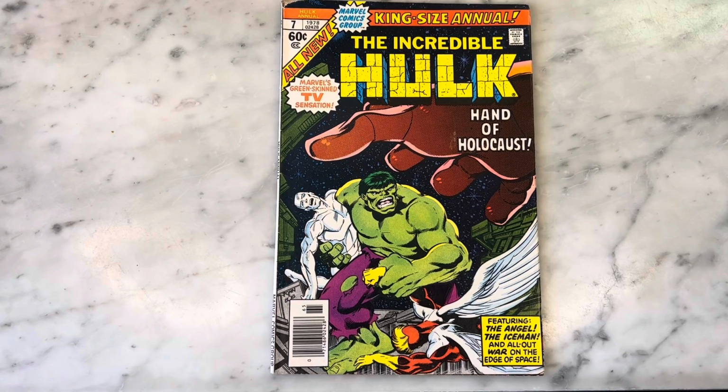This is such a great issue of Hulk. So cool. I love it. I recently acquired it for the first time in my life, so I am super happy to be sharing it